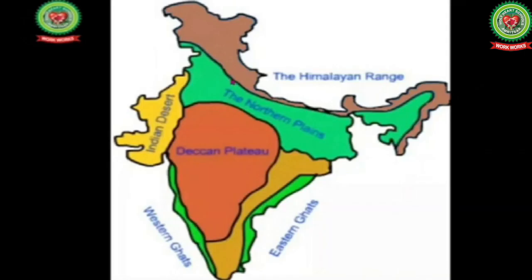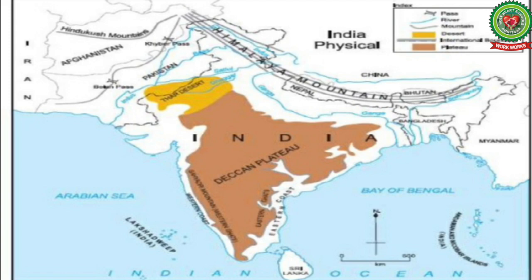Students, now we will discuss about Southern Plateau. Southern Plateau is shown with orange color, and Southern Plateau is the oldest part of India. It lies to the south of the northern plains. A large part of India is covered by this plateau, and as you can see in the picture that the major area of India is covered by Southern Plateau, right?